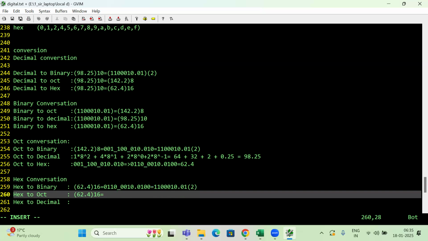Hexa 2? Instead of that, any other plan? What to do? Hexa 2 binary. Then now